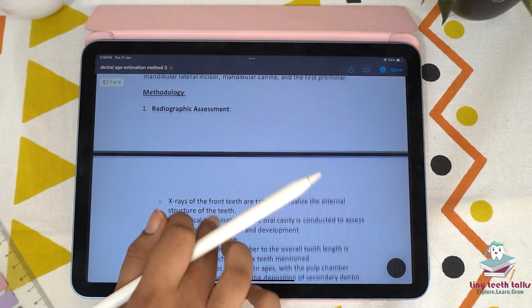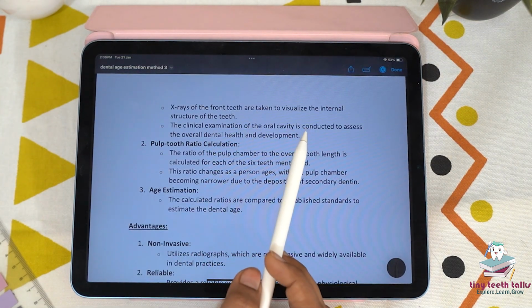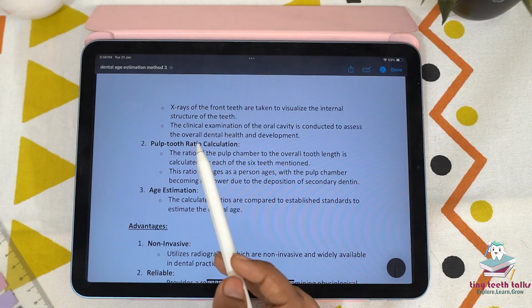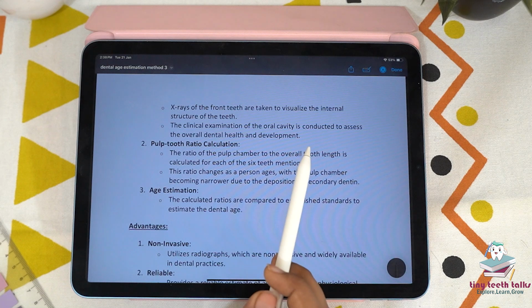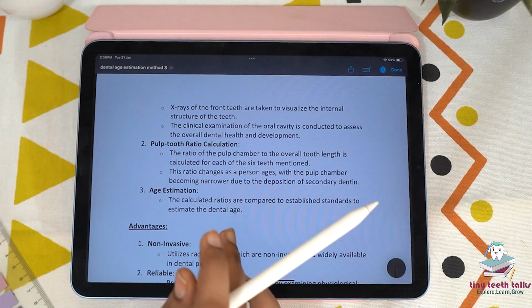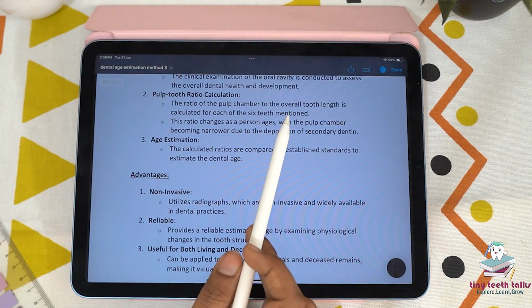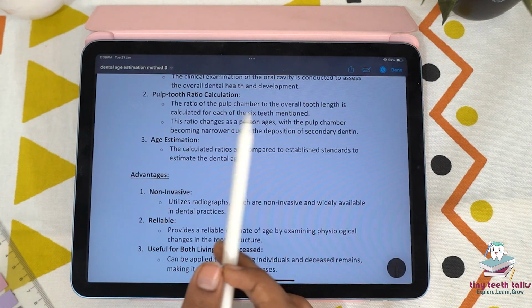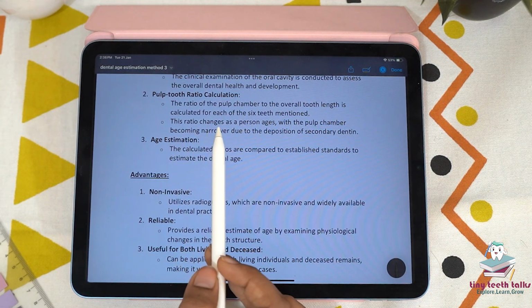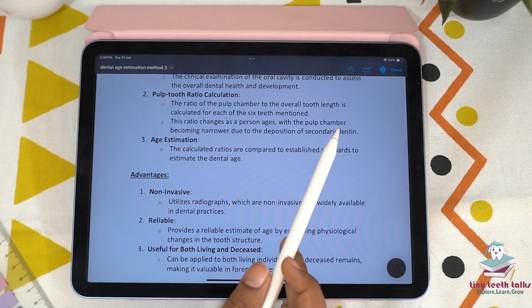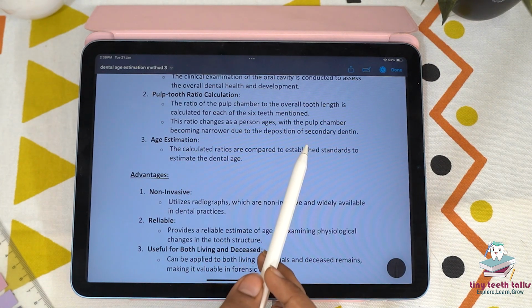Methodology: radiographic assessment. X-rays of the front teeth are taken to visualize the internal structure of the teeth. The clinical examination of the oral cavity is conducted to assess the oral dental health and development. Then pulp tooth ratio calculation. The ratio of the pulp chamber to the tooth length is calculated for each of the 6 teeth mentioned, and this ratio changes as the person ages, with the pulp chamber becoming narrower due to the deposition of